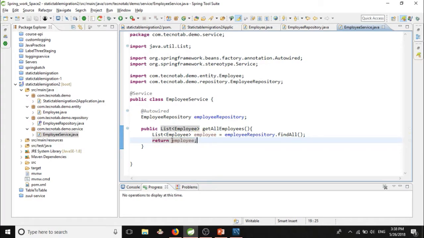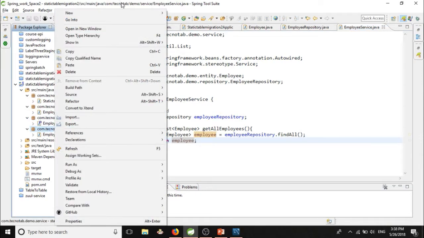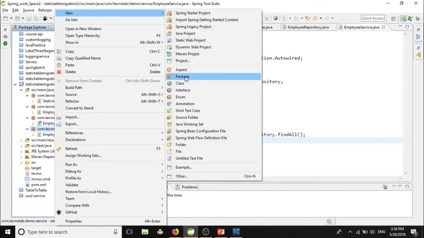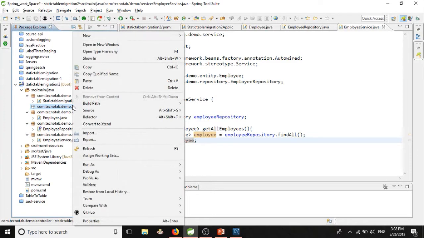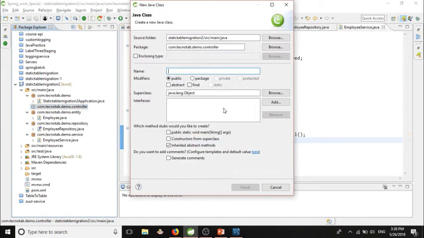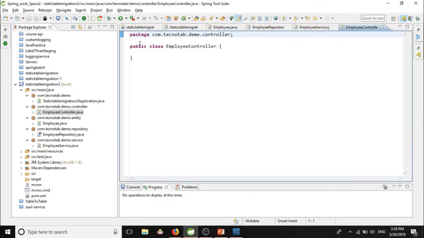So we have got the list of all the employees in this variable. Now we should use a controller for calling this method. So for that we should make a new package. Let's name this package controller. In this controller package we will create a class and name it EmployeeController. This is a controller class, and I want to make it a REST controller class so that we will get the objects in the form of a JSON response.